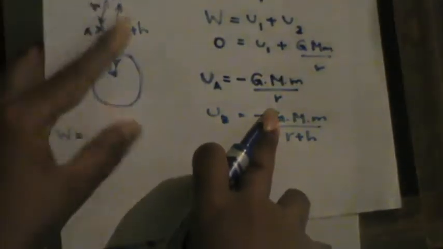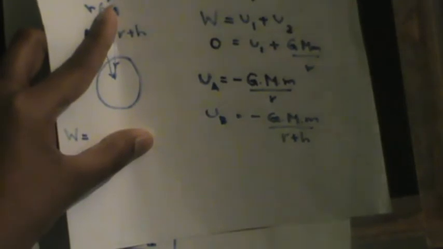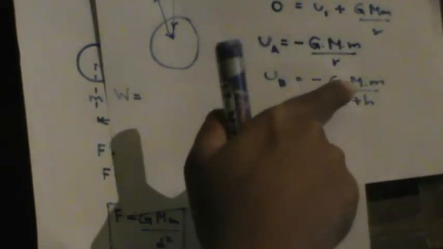So what we have to do is, now this value R, when you increase the value of R to R plus H, this value will actually decrease. So we have to subtract this point UA from UB, because we are not taking the absolute value, but the work has to be positive. So this minus GMm divided by R plus H will be a smaller value as compared to minus GMm divided by R. So we have to deduct the larger value from the smaller value to get a positive answer, because work done is normally a scalar, right?